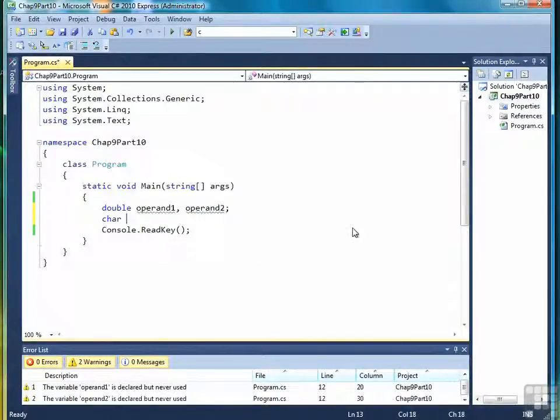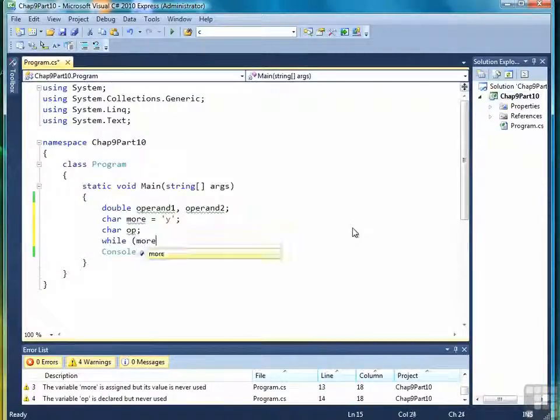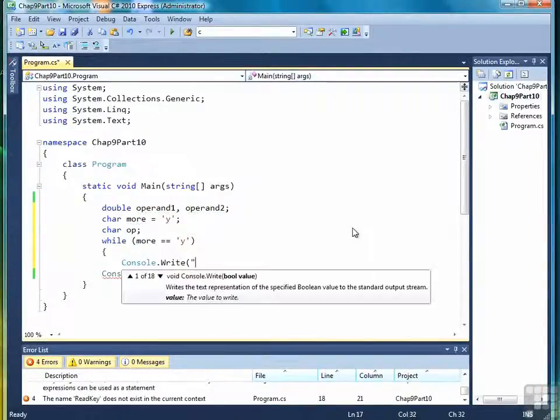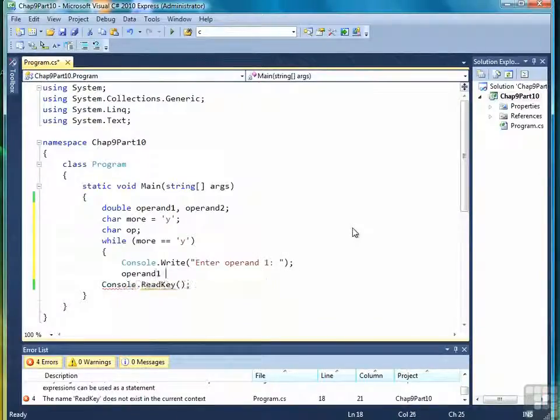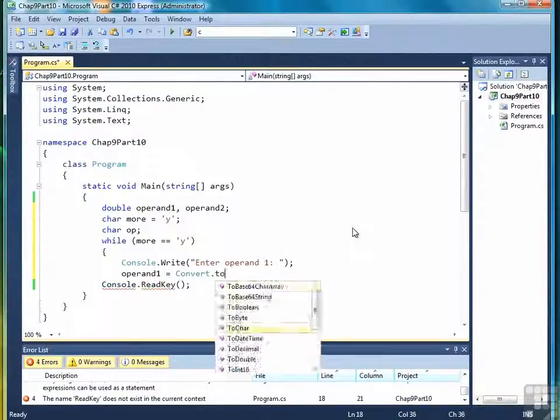Then we need a variable to store if we want to continue. We'll call it more and set it to y. And then finally we need a variable for the operator, and with that we're ready to start. So we'll say while more is equal to y, console write, enter operand 1, operand 1 equals convert to double,